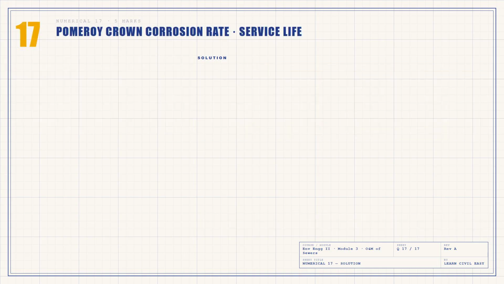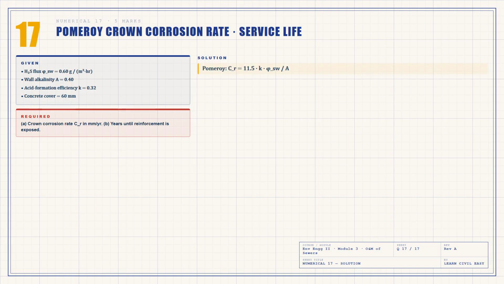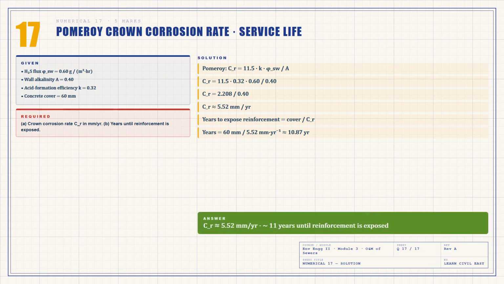Numerical 17. We use the Pomeroy-Parkhurst equation: CR equals 11.5 times K times PSW divided by A. Plug in 11.5 times 0.32 times 0.6 divided by 0.4. That gives us CR approximately 5.52 millimeters per year. So the 60 millimeter cover over the reinforcement will be eaten away in 60 divided by 5.52, about 11 years. After 11 years, the steel reinforcement is exposed and the pipe begins to fail structurally. Remedies: ventilation to suppress hydrogen sulfide, lime dosing or CIPP lining of the corroded section,